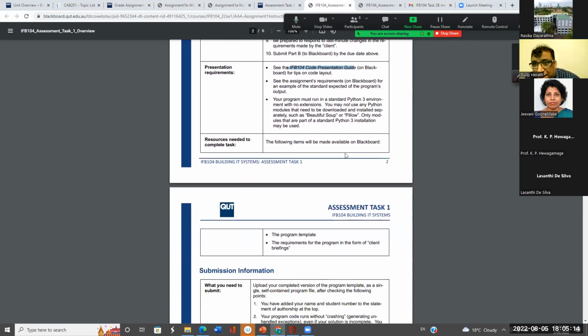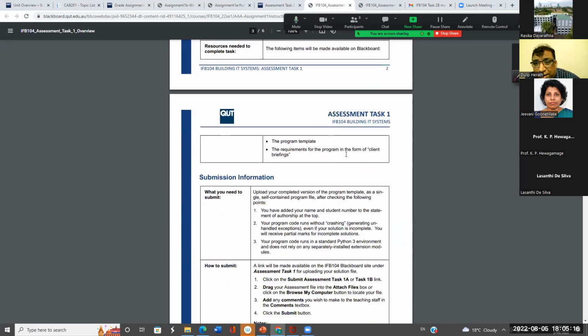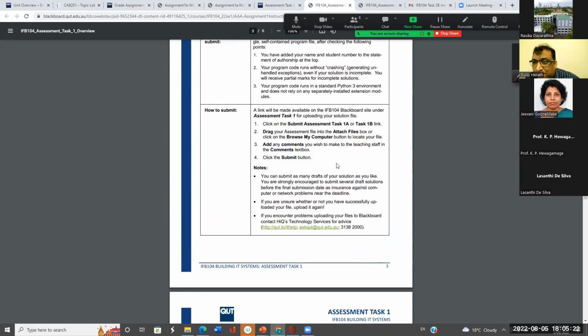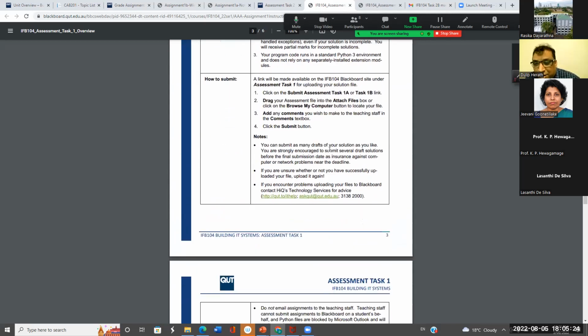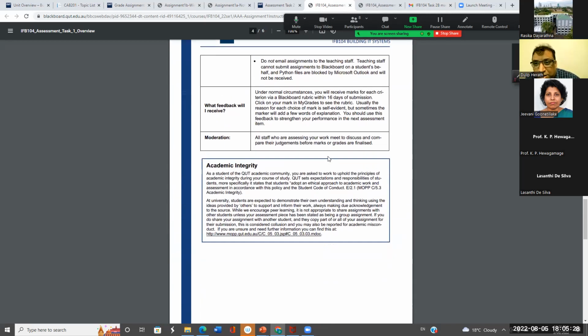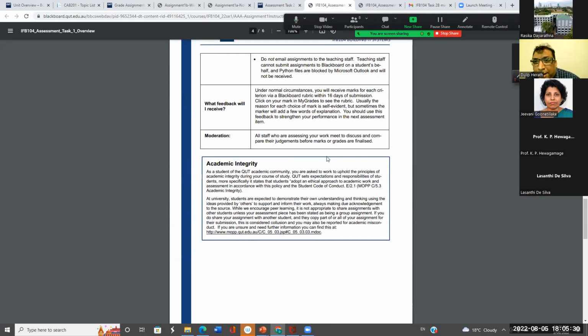And then what to submit and how to submit, everything is given. It's a very detailed document provided to the student. And then